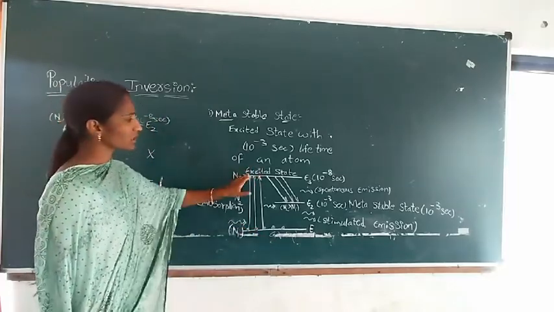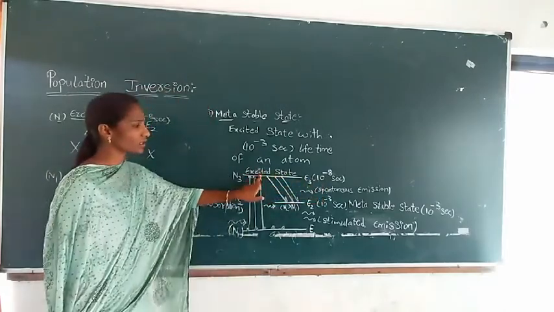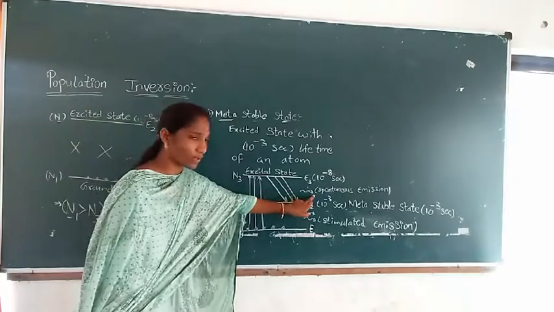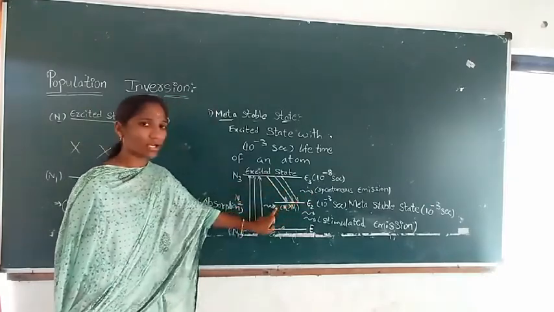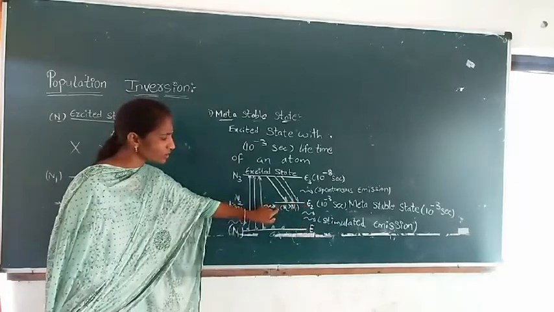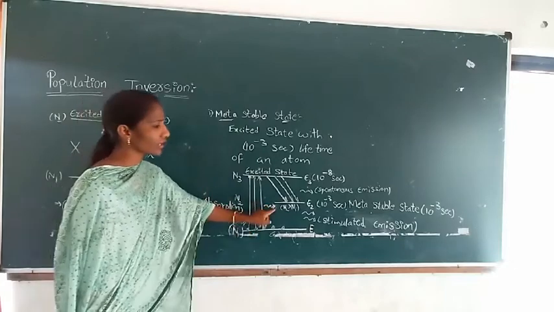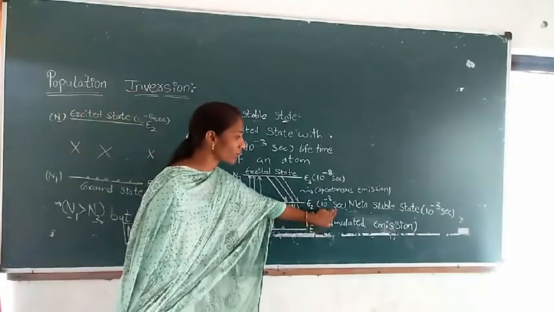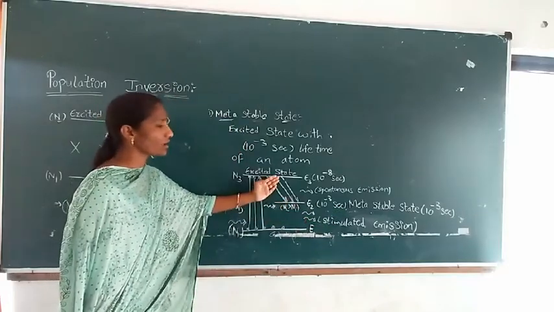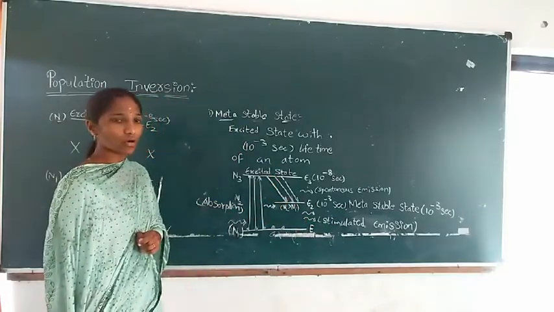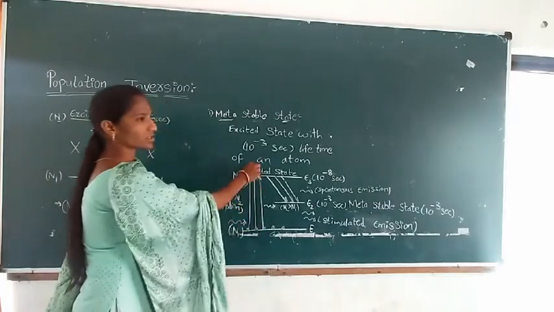After staying 10 to the power of minus 8 seconds in the excited state, by releasing a single photon of energy, it moves to another excited state known as E2. So it is also an excited state, but what is the condition? The lifetime of an atom there will be 10 to the power of minus 3 seconds, which is comparatively more than the other excited states. Here all the atoms move from the ground state to the excited state E3.